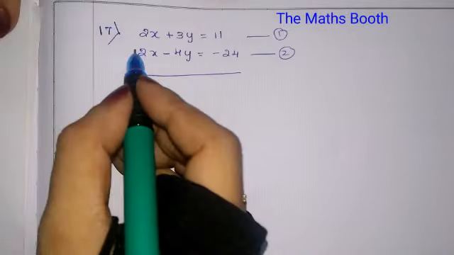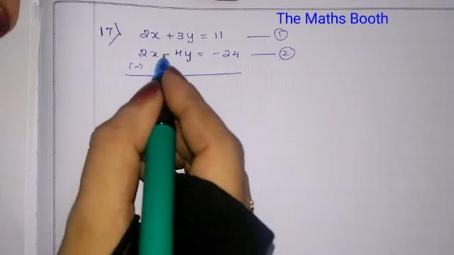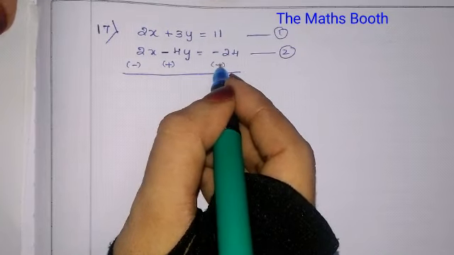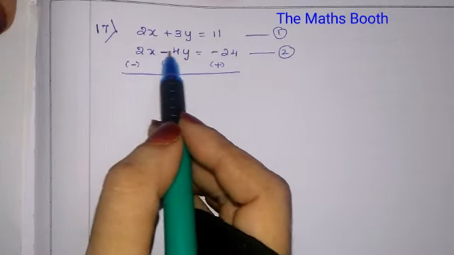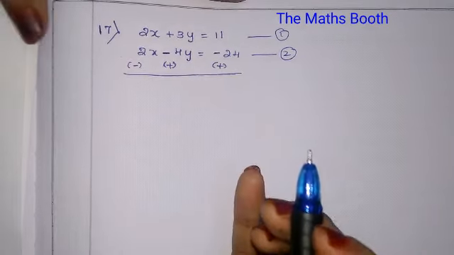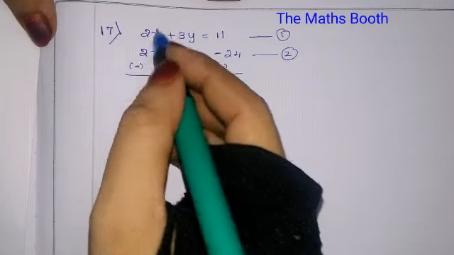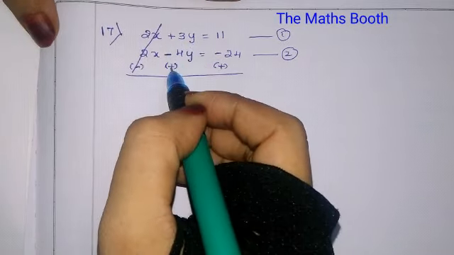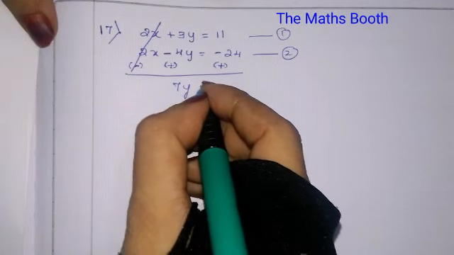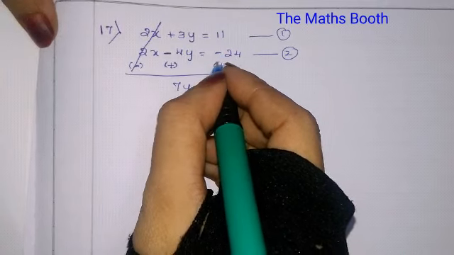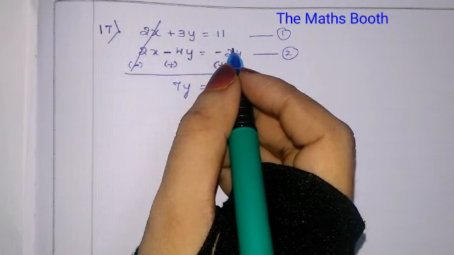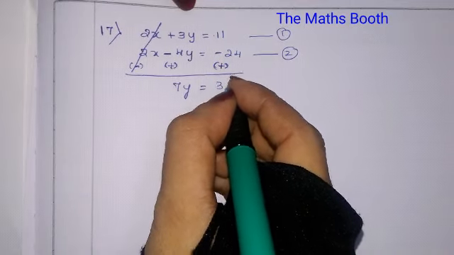What we have to do: plus becomes minus, here minus sign becomes plus, and here also minus sign becomes plus. Now we should not see this sign, we should see the sign we have changed, that is our second equation sign. Now plus 2x and minus 2x get cancelled. Plus plus we have to do plus, 4y plus 3y is 7y equals, this sign is gone now, this is our sign, so plus plus again plus, 24 plus 11 is 35.